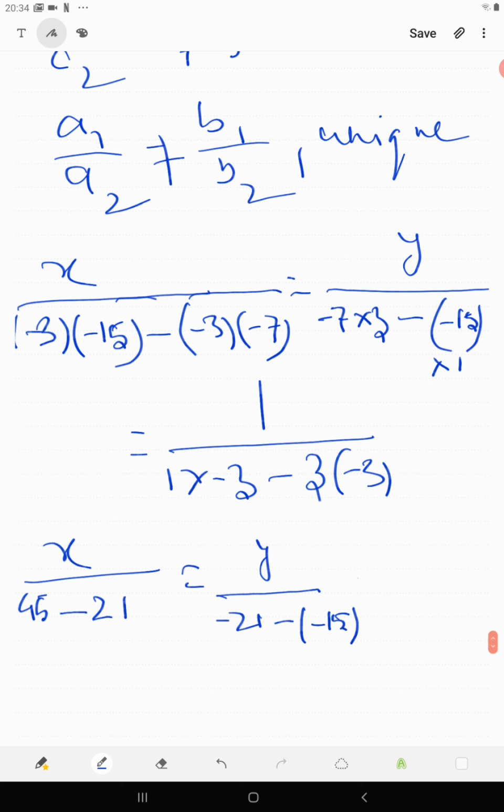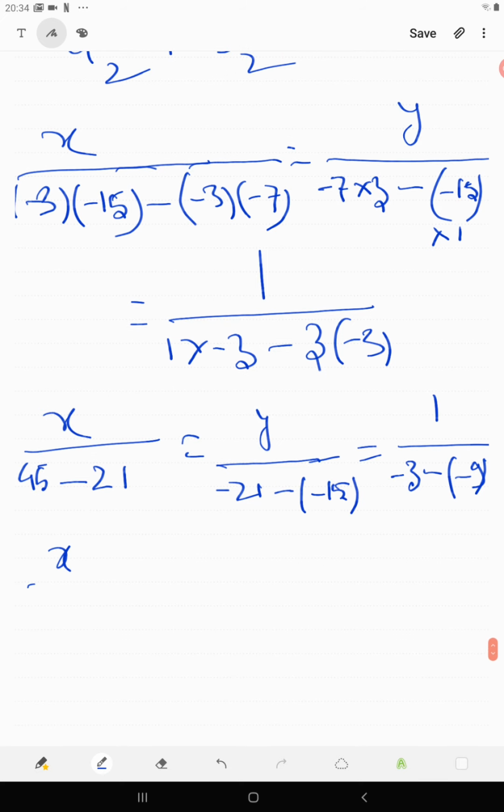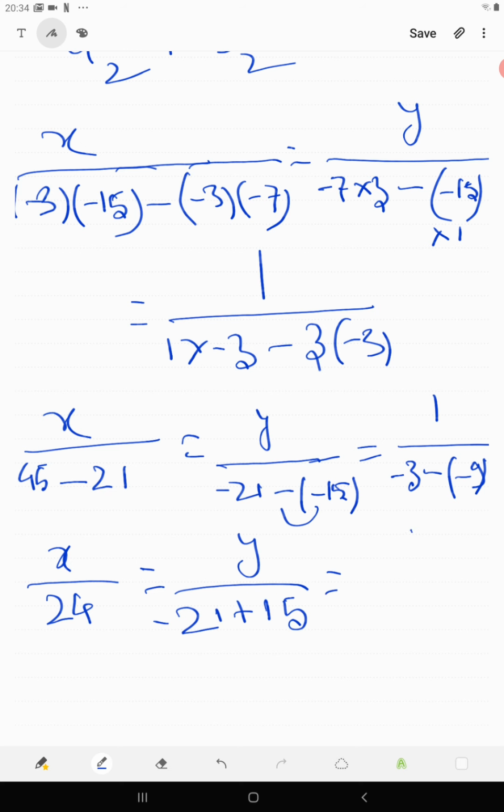Okay, equals 1 by 1 into minus 3 is minus 3, and then minus of 3 into minus 3 is plus 9. Okay,